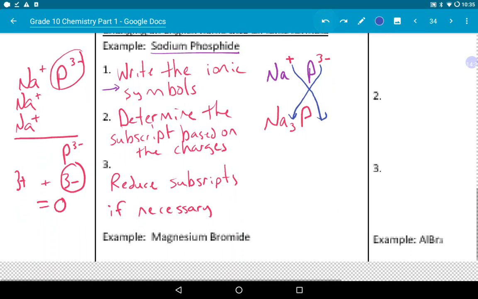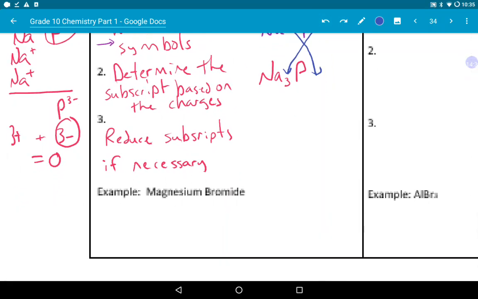Okay, reduce the subscripts if necessary. Now in sodium phosphide, you don't need to reduce subscripts because they're in the lowest form. It's like fractions. 2 over 4 you reduce to 1/2. Let's say we have, I'm just going to write one out that comes up sometimes,